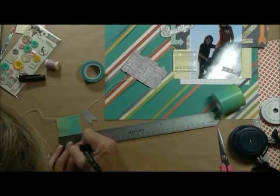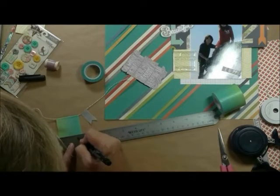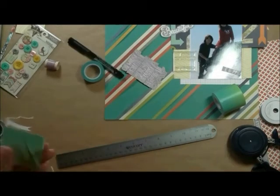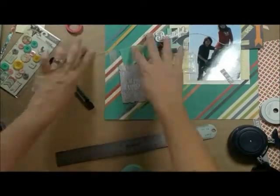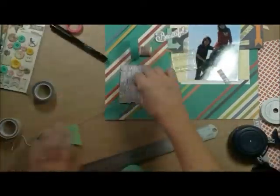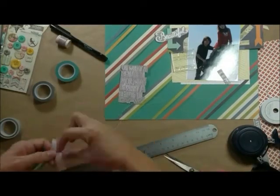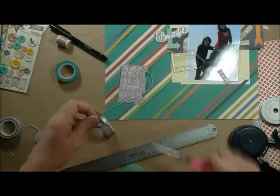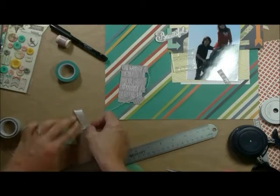And here I'm measuring to the middle, and then I measure it wrong, and there we go. And the real funny part is that I don't end up using that washi tape. It's way too thick comparative to the other washies. It goes color wise, but it's just too thick, too wide. So now I'm thinking I'm going to use 5, but then 5 is too much, too big, and